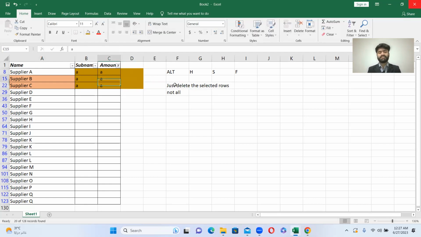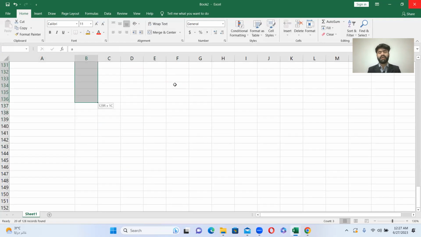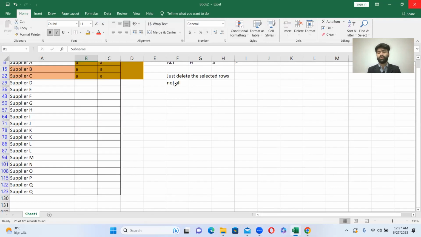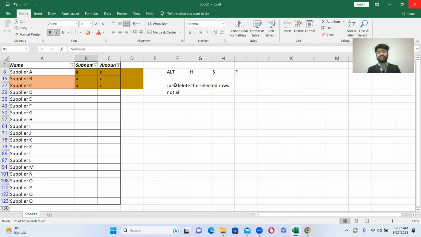If I just delete this, everything within this will also be deleted. So in order to delete only the selected rows, whatever I've selected,